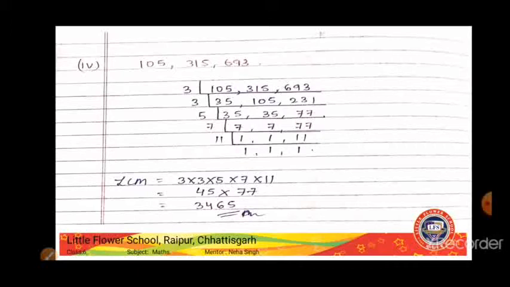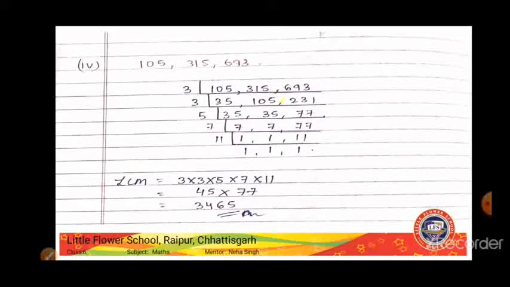See, first, the units digit of every number in this question is odd, right? Since it is odd, it will not be divisible by 2, so we will directly start dividing by 3. Okay, so 3 3s are 9, 1 carried, 3 5s are 15. Again 3 1s are 3. Since 1 is smaller than 3, it does not come in the table, so we'll write a 0 here and 1 will be carried forward to 5.